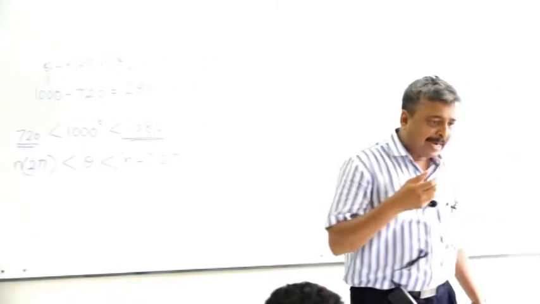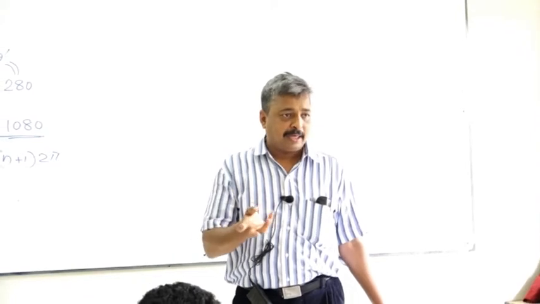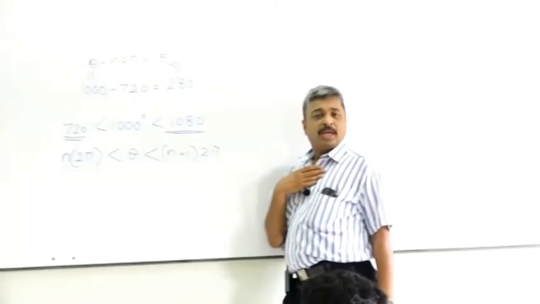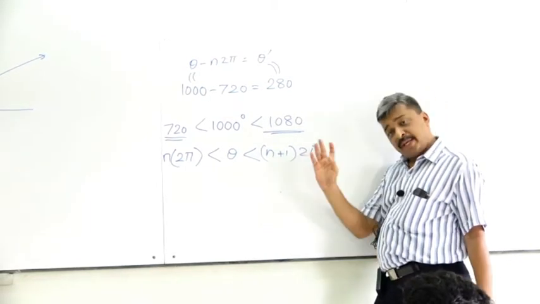So theta and theta dash, even though those values are different, those real numbers are different, their terminal ray position will be the same. And hence trigonometric ratios will be the same. Do you all understand this? Yes, sir. Our trigonometric ratios are defined based on the position of the terminal ray, where it intersects the unit circle. So as far as the terminal ray position is known to us, it doesn't matter what that angle is. If we could find out its terminal ray position, we could find out its trigonometric ratio. So for every angle theta, this will happen.